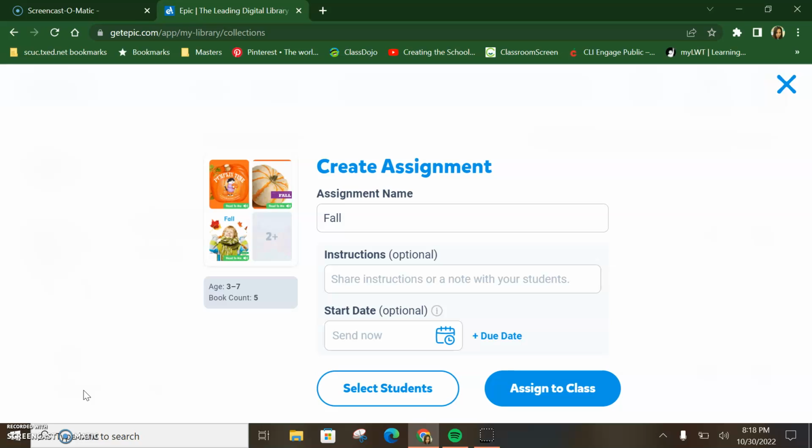There's all my books. I can have some instructions if I want to, and even do a start date and a due date. I'm not going to do either of those things, but if it's something that you want your students to be able to do and read by, you can definitely add those things. I can also select which students I would like to assign this collection to. If you have students on different reading levels that you want to assign certain books to, that's a